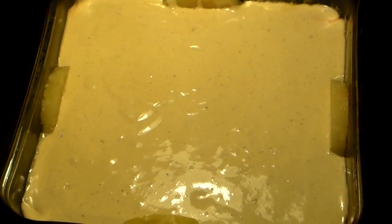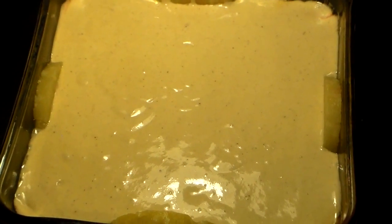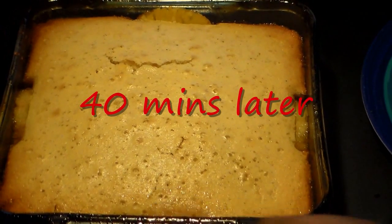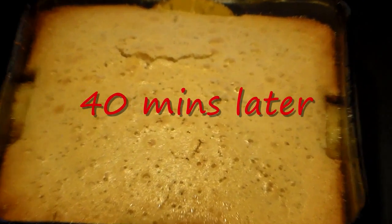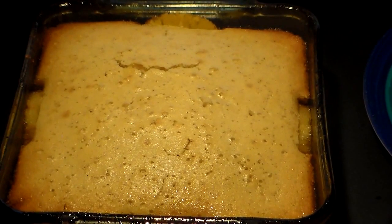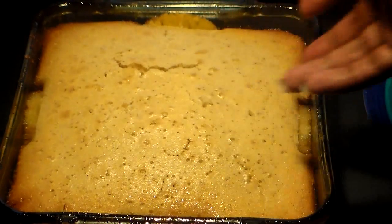Okay. And this is the way it came out. That's the way it came out. So what you're going to do is you're going to let it sit for a little while, maybe about 20 minutes or so. Okay. So after you let it sit for about 20 minutes or so and cool off a little bit,